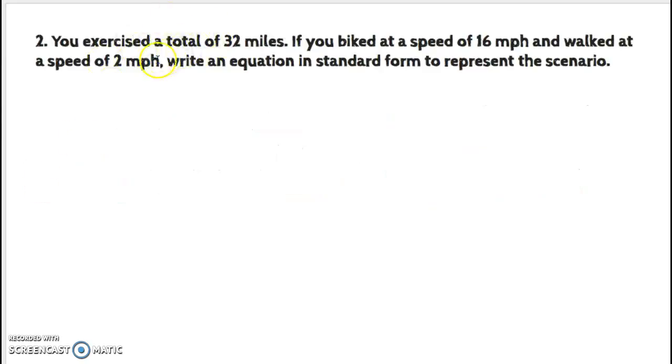Okay, you exercised a total of 32 miles. Total of 32 miles. You should take note of that right away. If you biked at a speed of 16 miles per hour and walked at a speed of 2 miles per hour, write an equation to represent this. So again, our scenario,